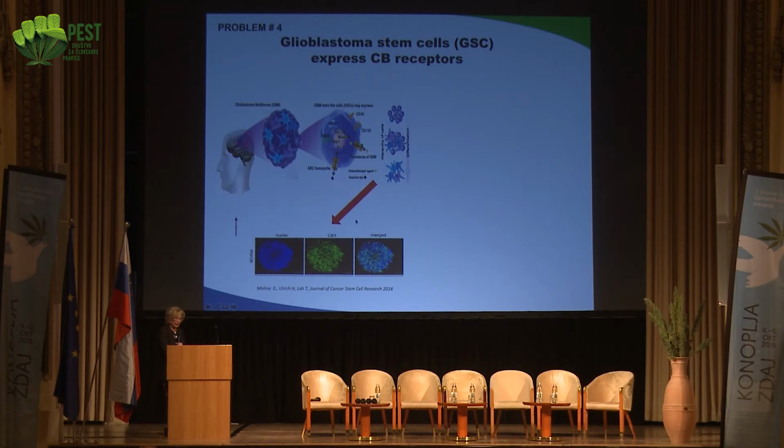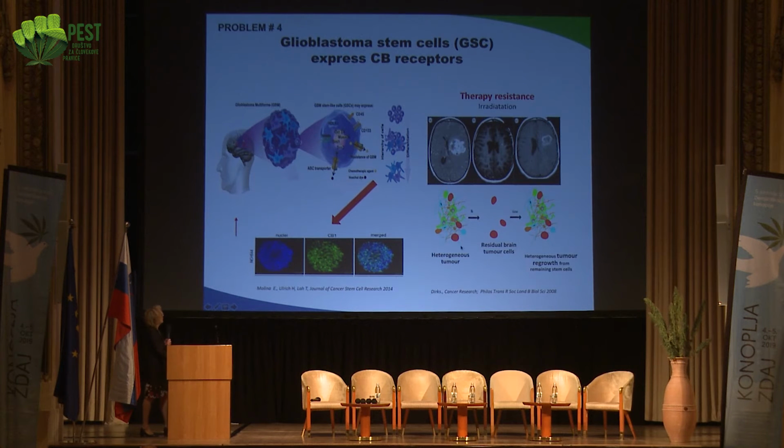Just to point out again that if you, let's say, reduce the volume of the brain tumor by any means, and you kill all these other tumor cells, these stem cells would remain, probably in the same place, or wander a little bit around, and you will get a relapse very soon. So that's why we need to kill these particular cells.